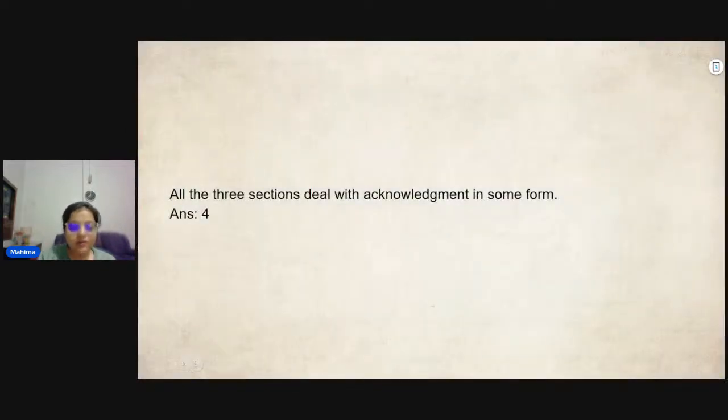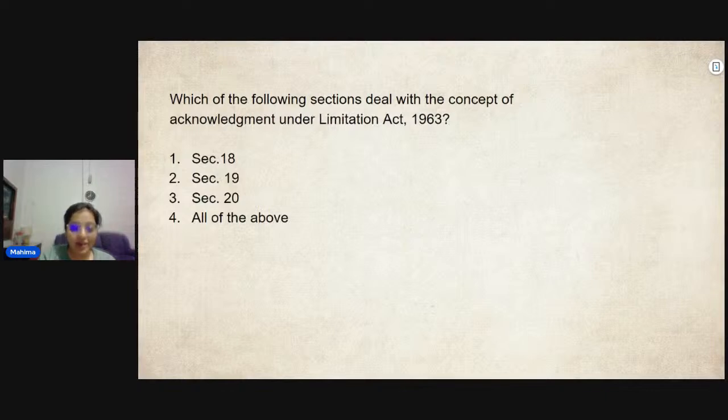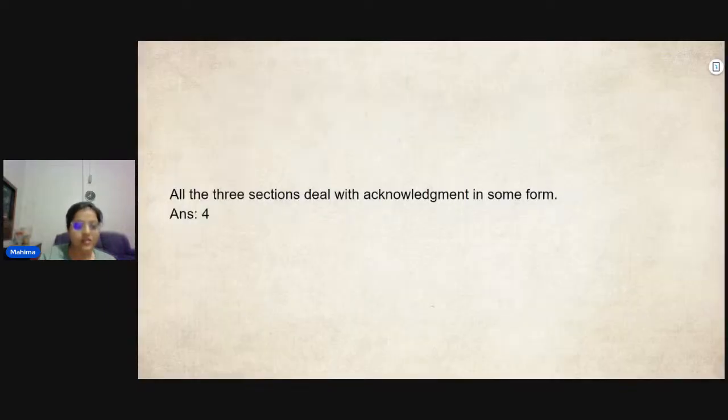It is all of them. I told you just now: effect of acknowledgement on loan, effect of acknowledgement or payment to others. Yes, it is option number D. Divya, correct. Please read the topic of acknowledgement again, and please read the index again of the Indian Limitation Act. All of you who have answered option number 1.